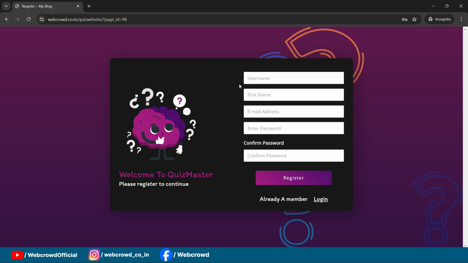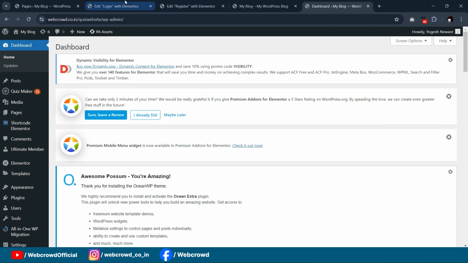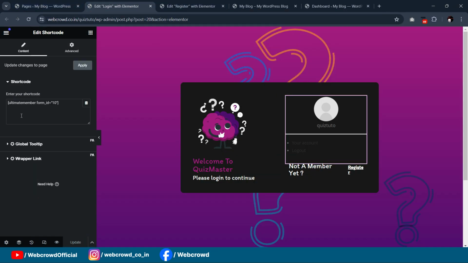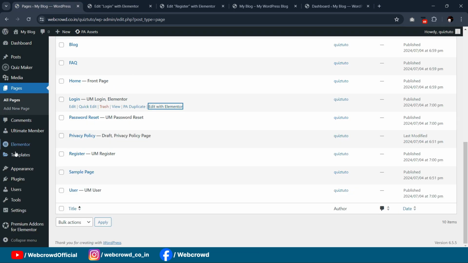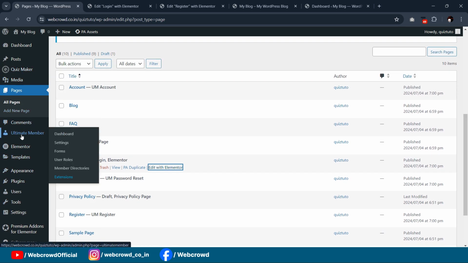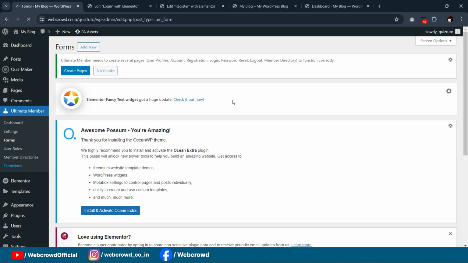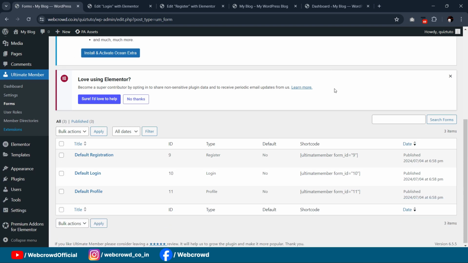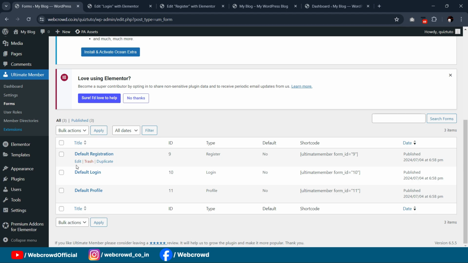Okay, instead of login we have to put shortcut for this register page. Okay, for that I will remove this, not the shortcut. I will copy the shortcut of the register page. For that we have to configure the register form in the Elementor plugin. So go to these forms under the Ultimate Member, and here we have default registration. Click on it,